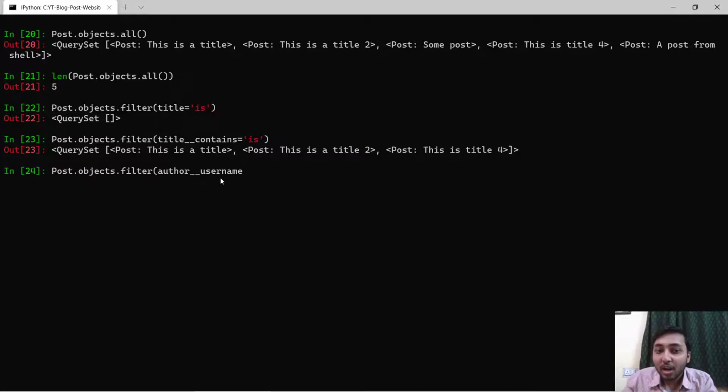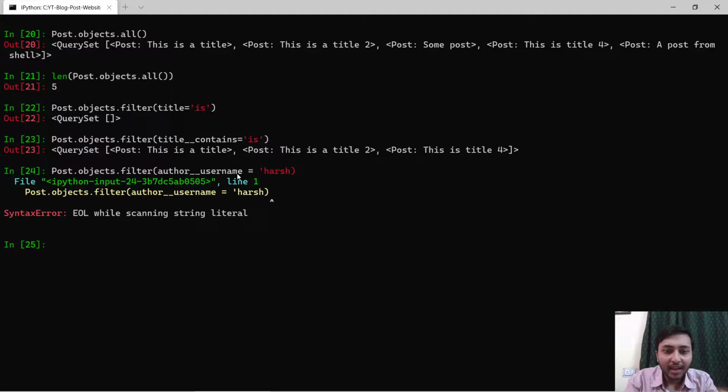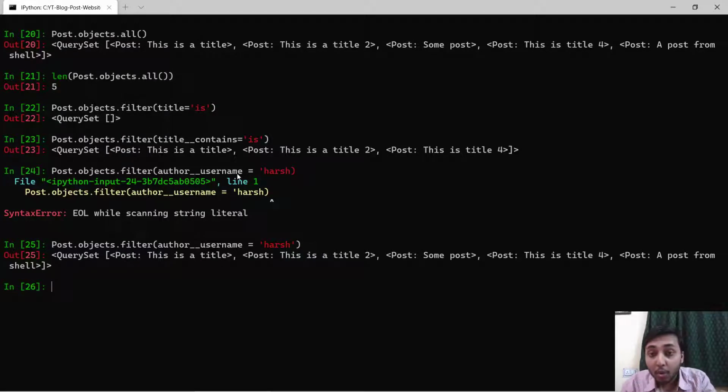So I'm trying to create a lookup inside that particular model. That means inside the user model, I'm searching for username. So I will say Harsh, and I will press enter, and we got an error. Okay, now it's correct. All the posts that have Harsh as username. Okay, that means author is Harsh, and its username is Harsh, right?